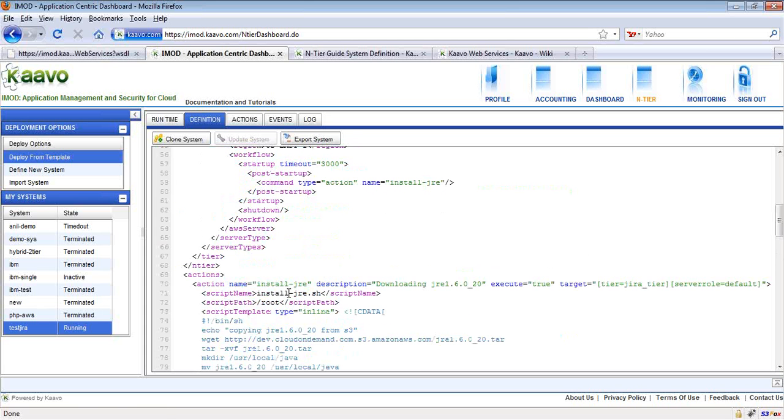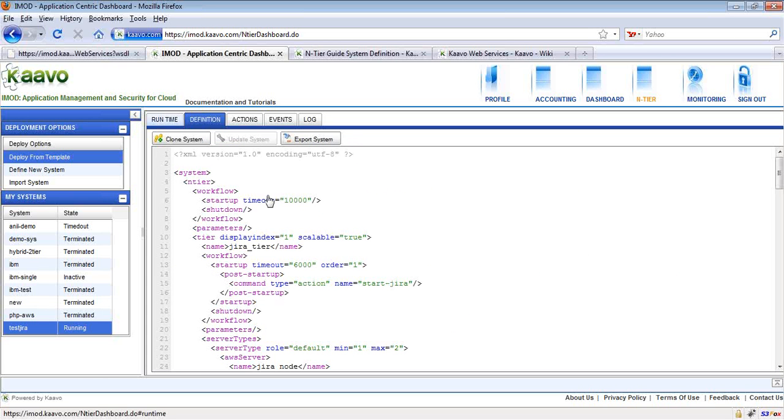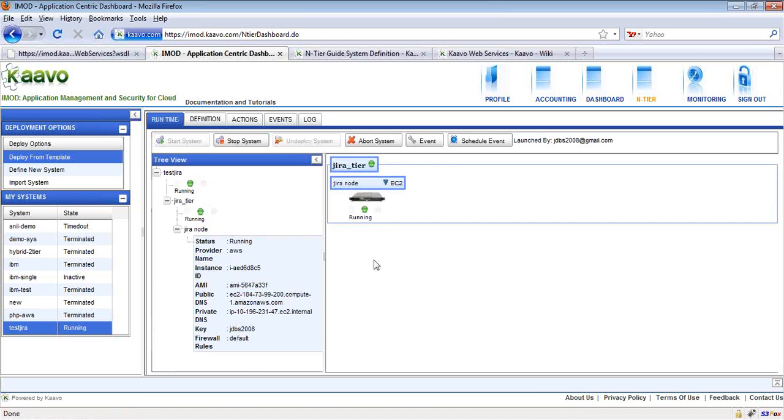In the meantime, the system has successfully launched, and you can see the state of the system is running, and the state of the lone server in the system is also running. So I will check whether the Jira application has really been brought up.